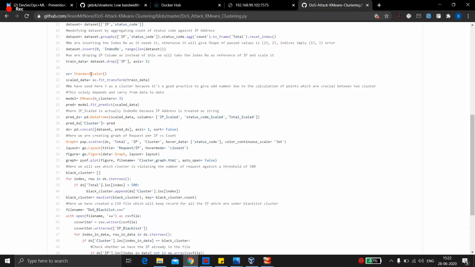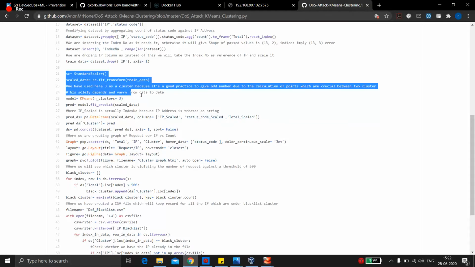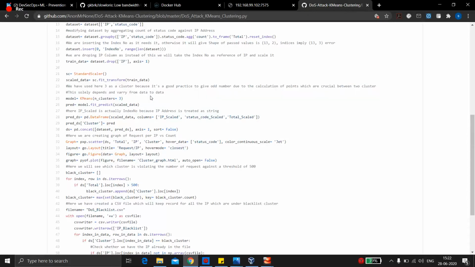Now what is scaling, basically? Scaling will balance the x and y columns of the data. Sometimes our x column is very big. For example, let's take x as the year: 2019, 2020, 2021, 2018, and so on. That is a big number.